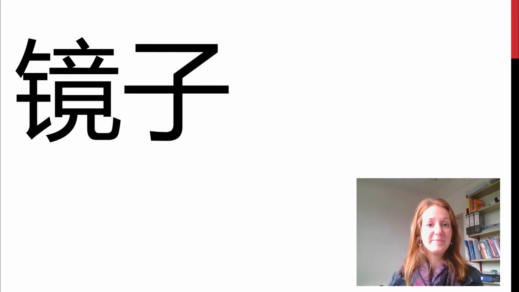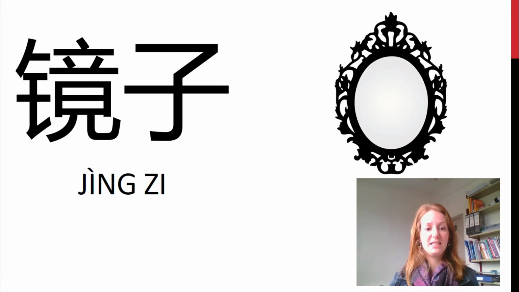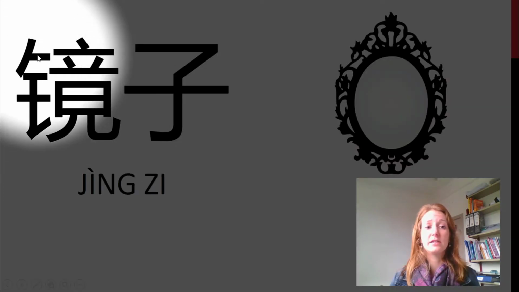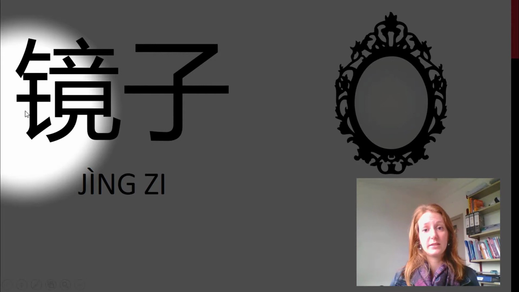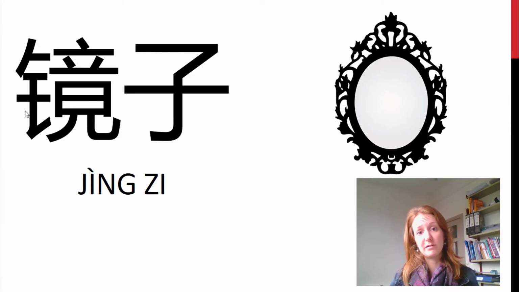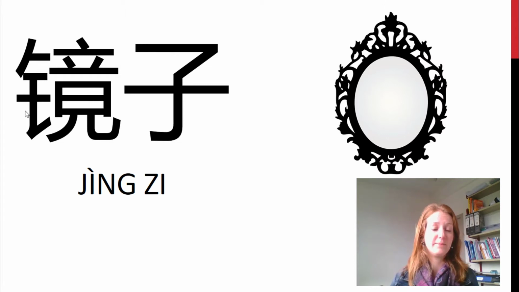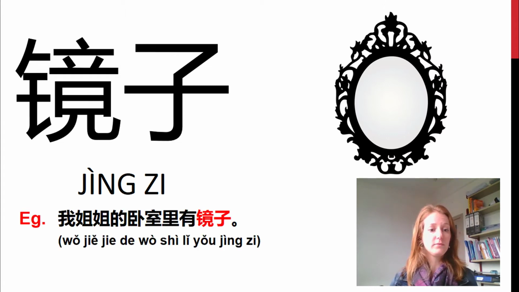这是什么？这是镜子。镜子 a mirror. So on the left-hand side, can you remember this radical? It's the metal radical. And what a mirror is made of? Metal. Well, glass with a metal backing. So that might be a way that you can remember this character. 我姐姐的卧室里有镜子。你的卧室里有镜子吗？